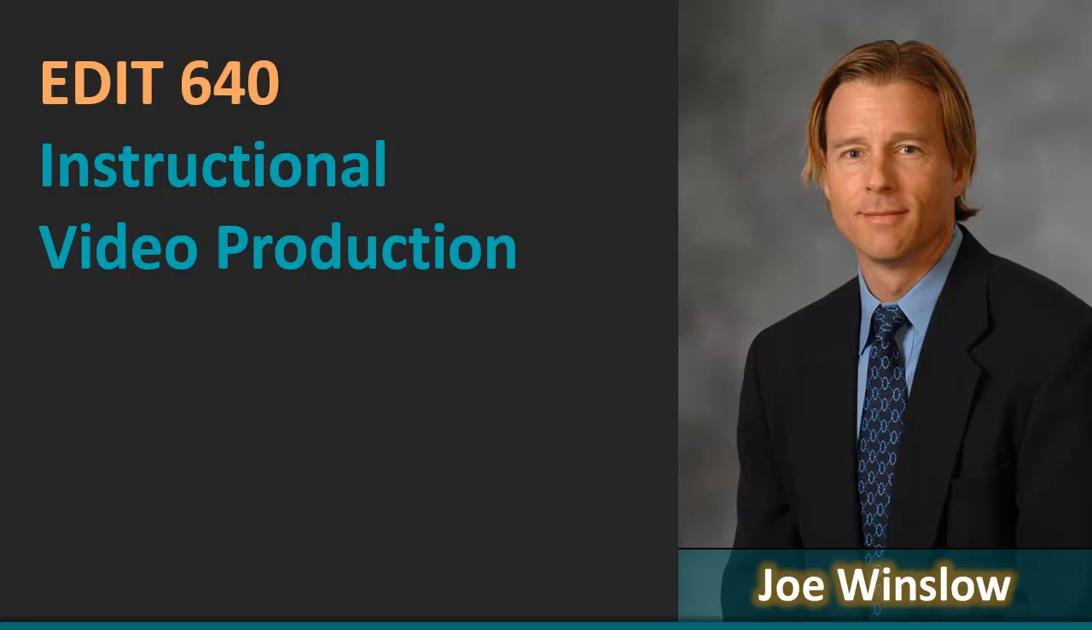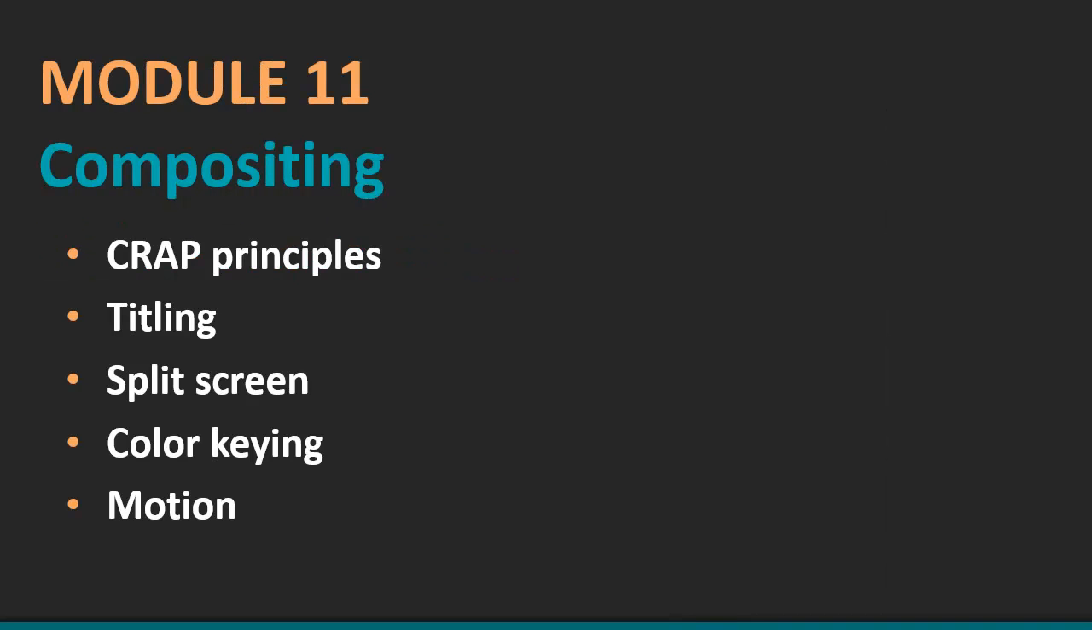It's Joe again, here to present this week's module on compositing for instructional video productions. In this lesson, we'll briefly review the CRAP visual design principles as they apply to video production. Then we'll take a look at 4 fundamental compositing options available to editors: titles, split screens, color keys, and motion